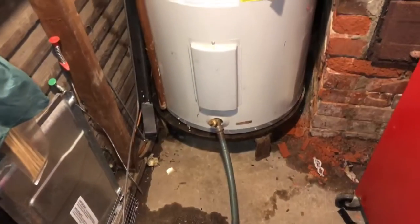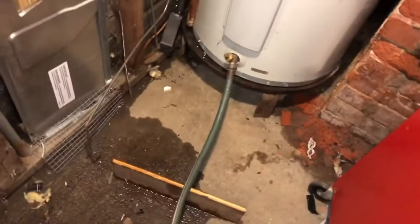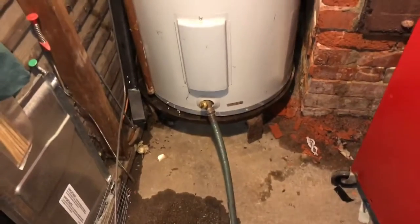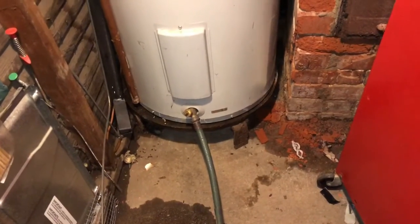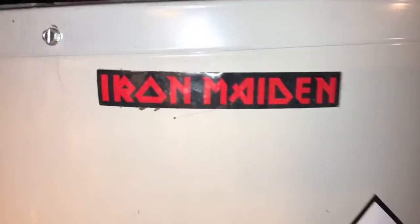That trickling sound is us draining what water is still in the water heater here. And it takes a while, man. I've got this valve open all the way and it's still trickling. It's been doing this for like an hour, it seems. Yeah, I'm gonna lose my Iron Maiden sticker,